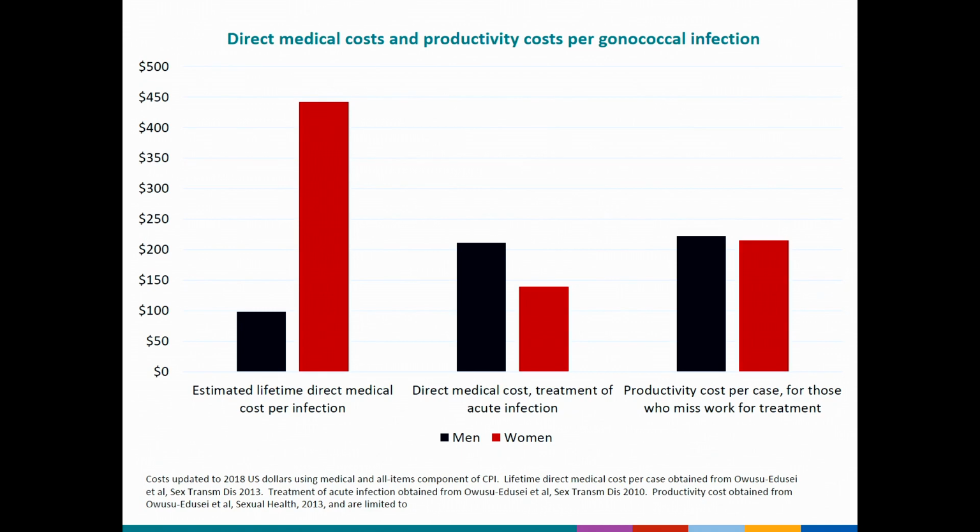Not much has been done in terms of productivity cost, but I wanted to show just the example for gonorrhea. The first set of bars shows the estimated lifetime direct medical costs per new infection for men in black and women in red. The middle set of bars shows the direct medical costs associated with treatment. You might wonder why for men the cost of treatment is higher than the lifetime cost of infection. That's because for a lot of men, they don't actually ever get treated. They might be asymptomatic and the infection goes away. So the lifetime medical cost estimate takes into account the probability of receiving treatment and the probability of